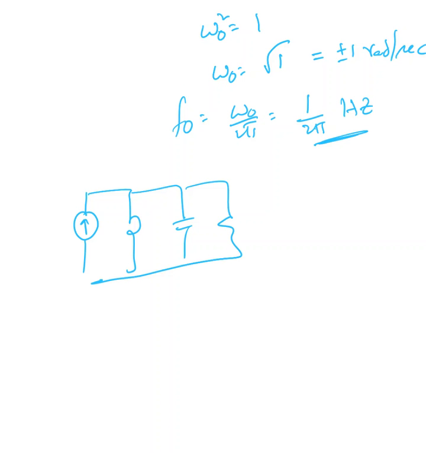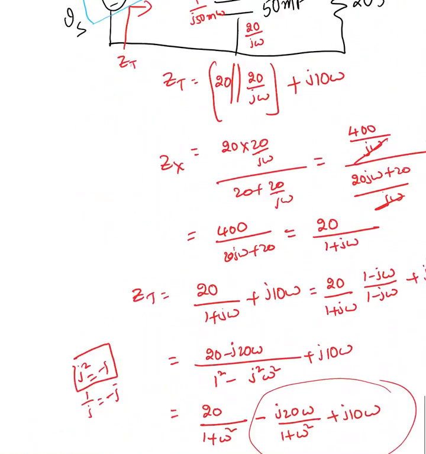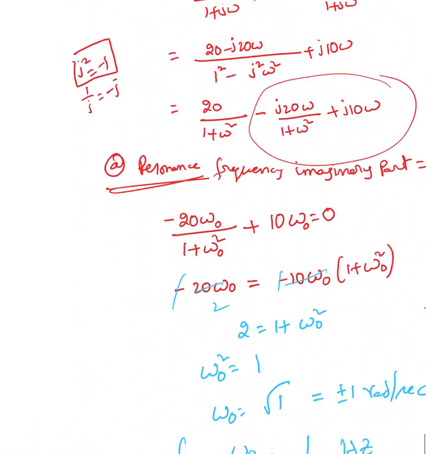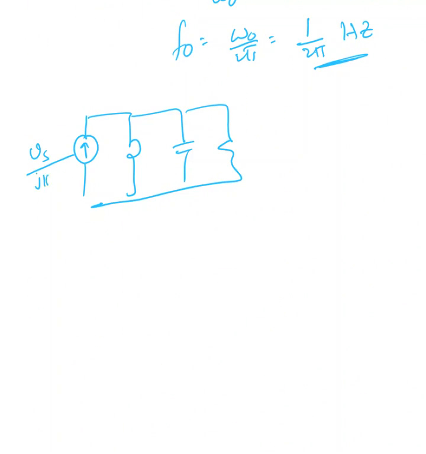Okay, now this is not a voltage source, sorry, this is a current source. Vs over whatever that impedance value is, the inductive reactance. The inductive reactance I have is j10 omega, so the current source equals Vs over j10 omega. Now remember, while finding